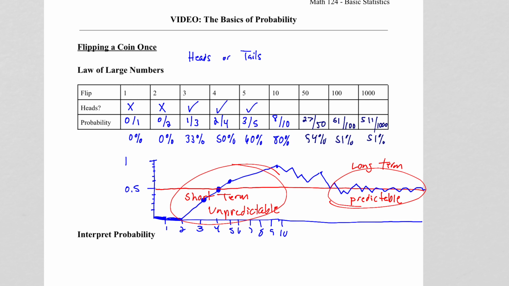And that is what we call the law of large numbers. So as there are more and more occurrences, this experimental probability approaches,